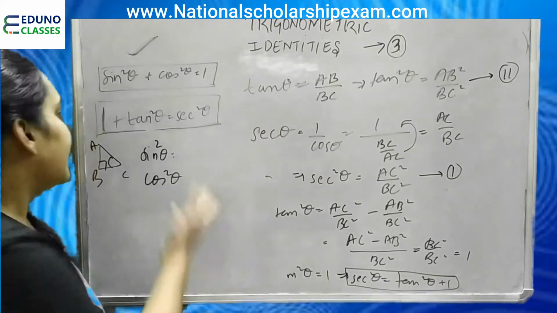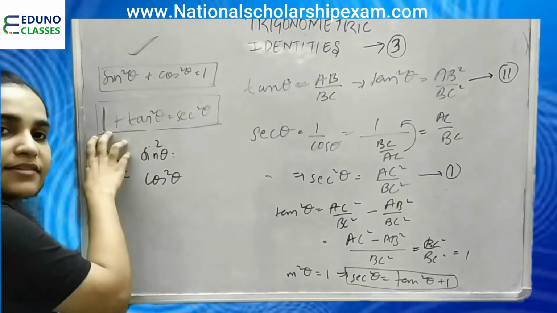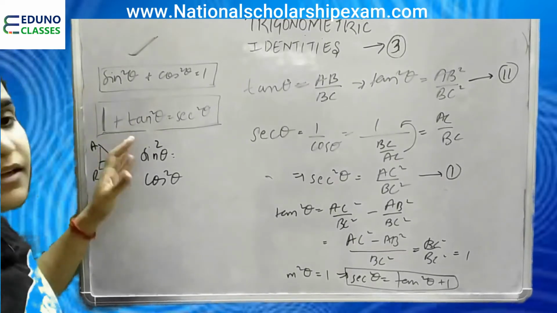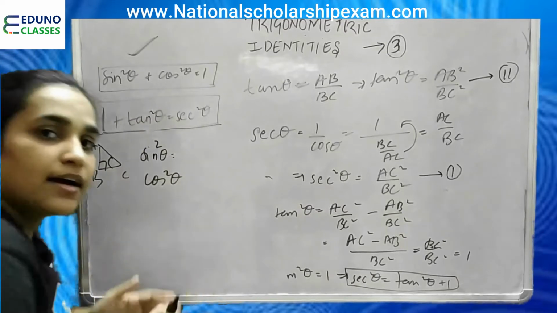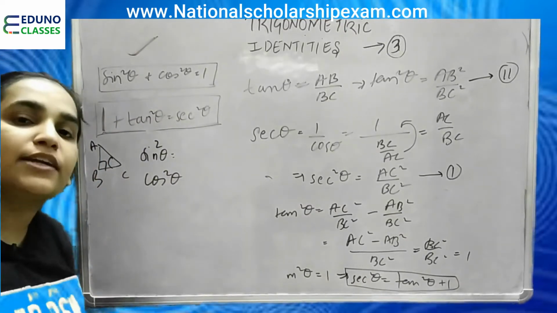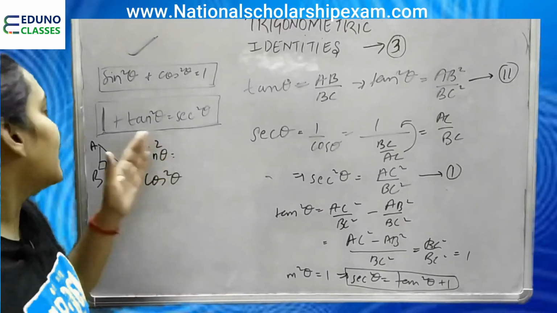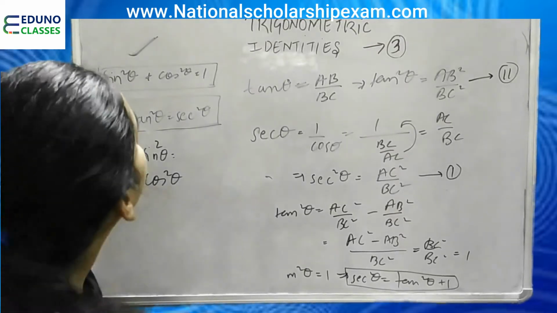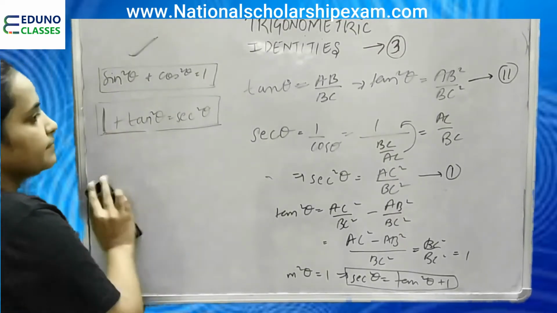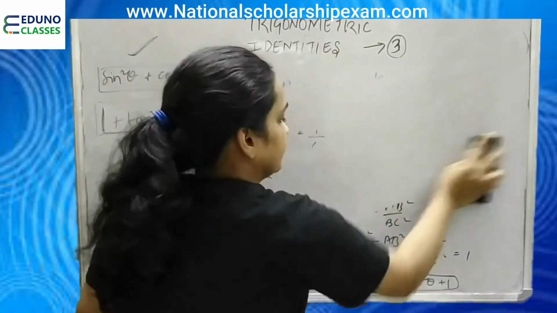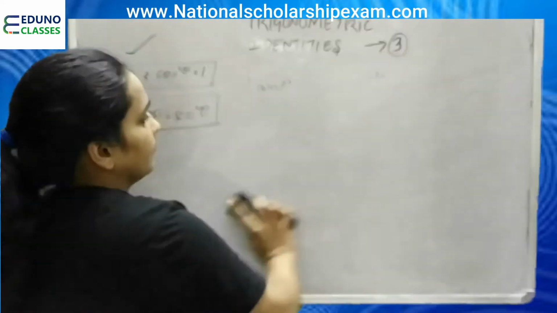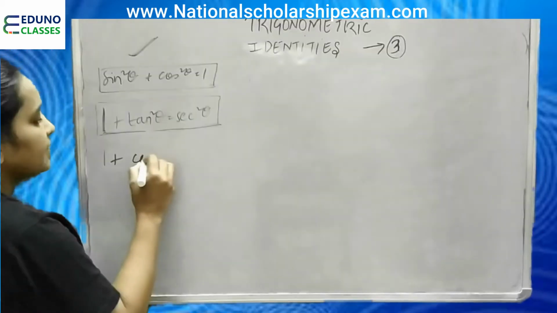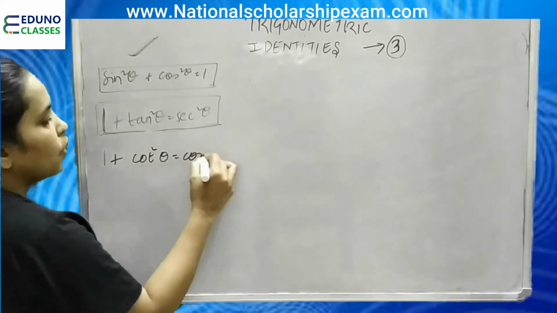This is what we did, right? In this also, we made this triangle, clarified all the points and angles, and then found tan theta and sec theta, squared them to find tan square theta and sec square theta, and then applied the Pythagoras theorem to get the answer, right? Now the third identity. The third identity is 1 plus cot square theta is equal to cosec square theta.